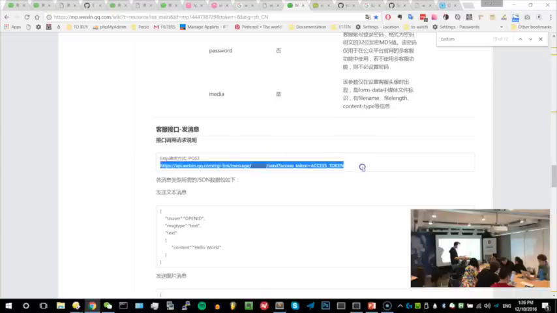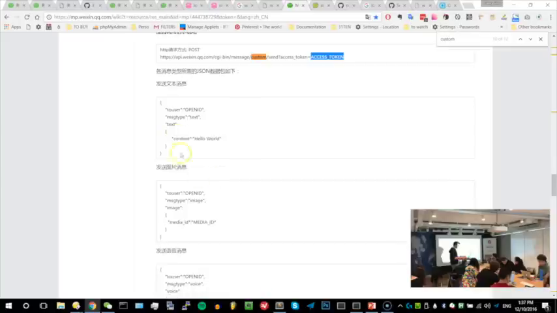So they want the access token. We have that. Great. And then here you need to pass all this information to user. So obviously we need to send that to a specific user, right? So we need to have his OpenID. OpenID on WeChat is the unique ID of a person that subscribed to your official account. So you need to get the OpenID, then you send your message. You say, I want to send a message, and then you send the content of your message. Here, hello world. So let's do that.